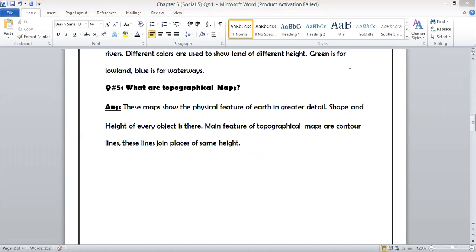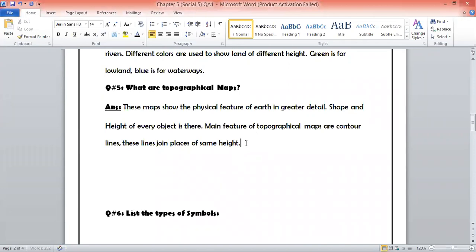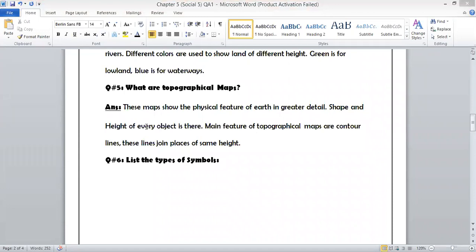Okay, someone has joined the class right now. Now, if you guys are done with question 5, I am showing question 6 on the screen. Question 6 is a short question. The answer is very short.